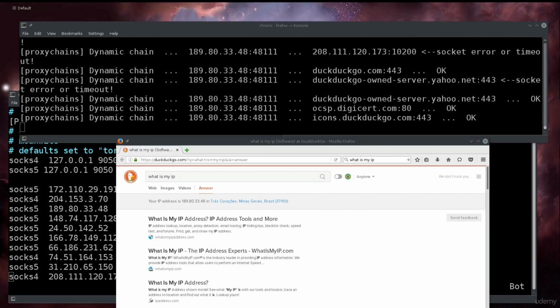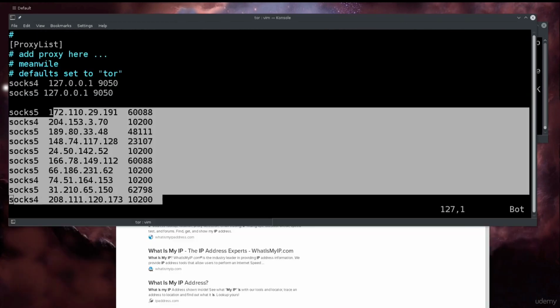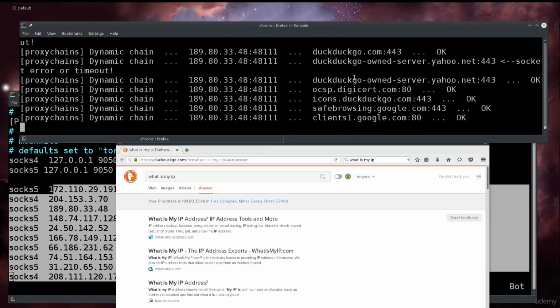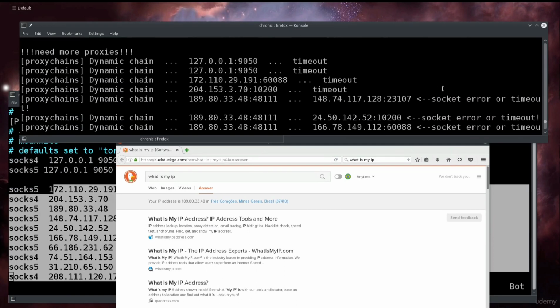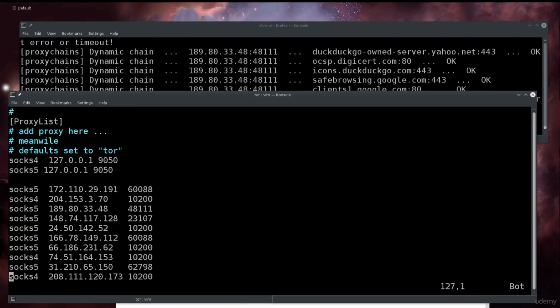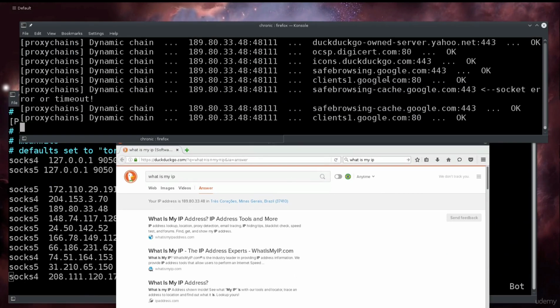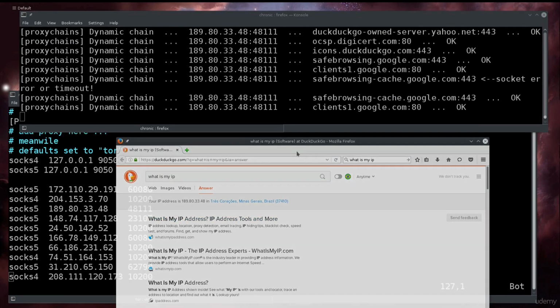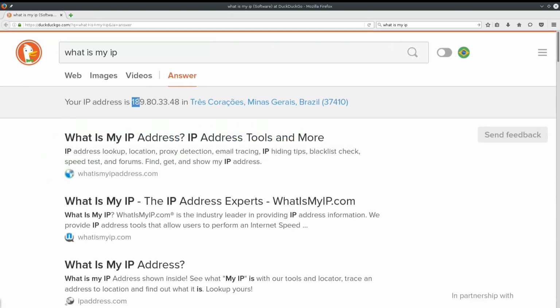Okay, so after a little bit of tinkering, I got it to work, and the tinkering consisted of me just adding more proxies to the list. If you see that some of the servers are not responding, like there's a continuous error or it has been denied, just go ahead and remove it from the list. That's really all that you need to do. And as you can see, this is actually functioning. It is working. And if I just enlarge my browser here, you'll see that my IP address now is